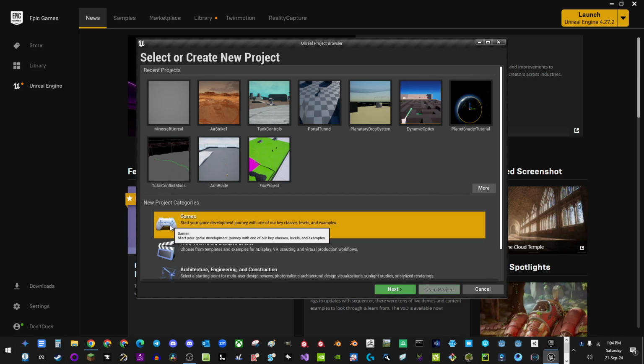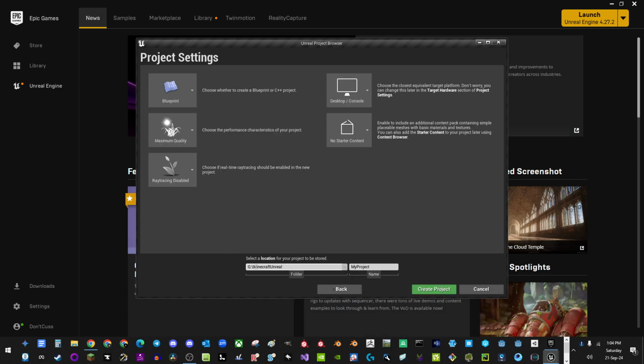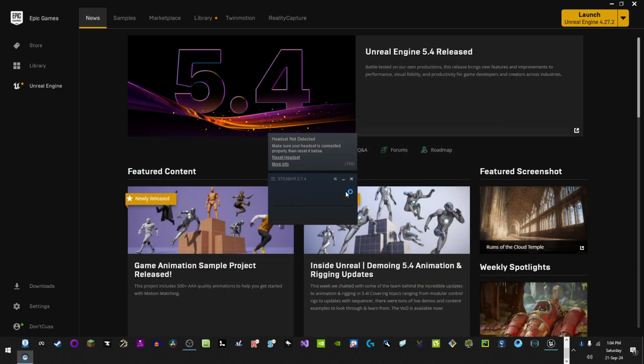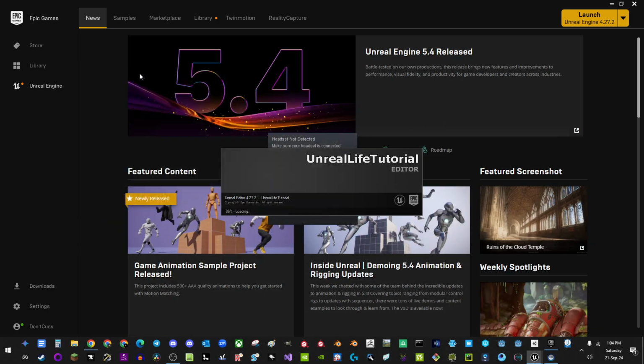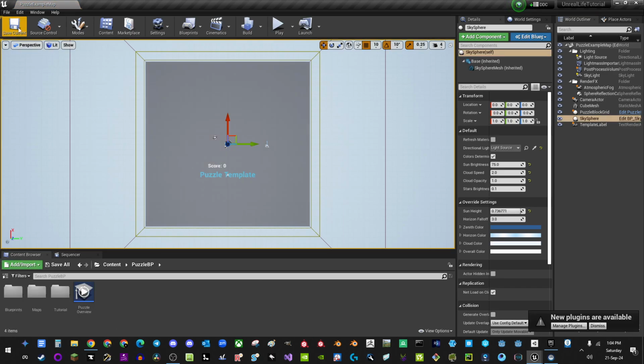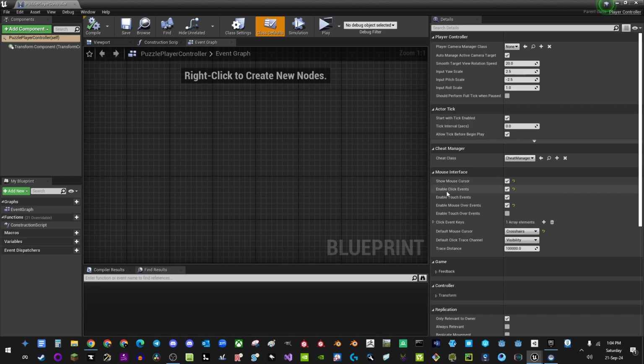Okay, so what we're going to start with, we're actually going to start with the puzzle game. We're really not going to use a lot of it. I'm just going to call this Unreal Life Tutorial, just like that. And we're just going to create this project. The main thing we want in the puzzle game is the controller. The controller has the mouse cursor and click events all turned on by default, which we could do, but